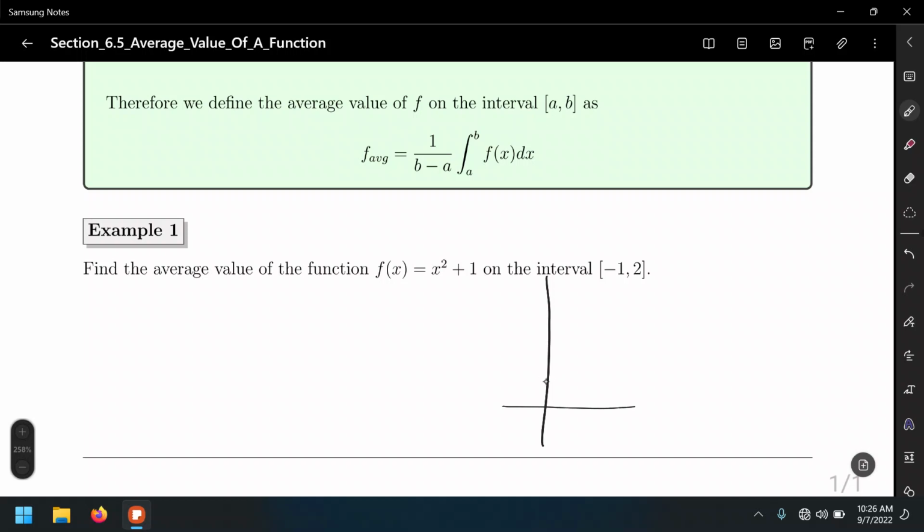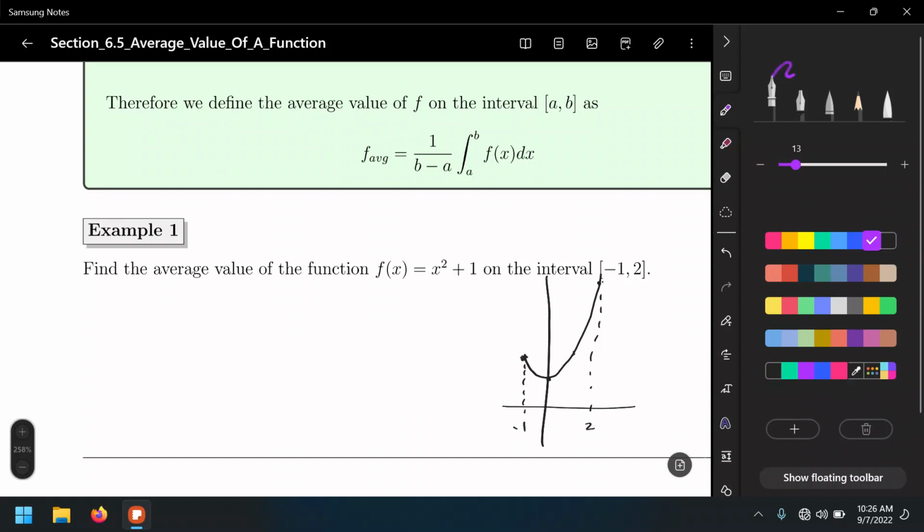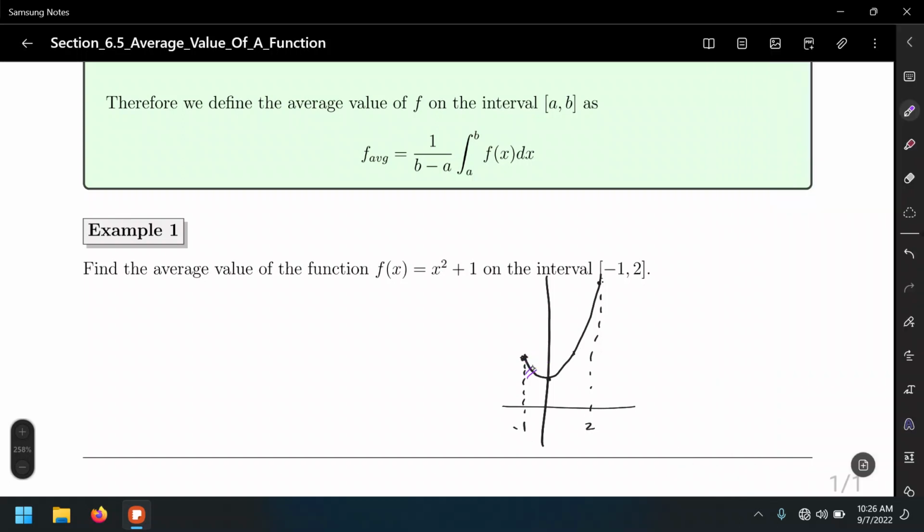That means that's going to be 0, 1, -1, 2. We don't want the whole graph, only from -1 to 2, and that's going to be 5. All right, so that's the graph of the parabola within the limits a and b, which are -1 to 2 respectively. So let's shade the area under the curve,